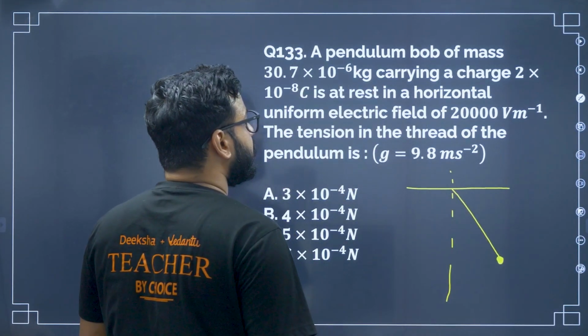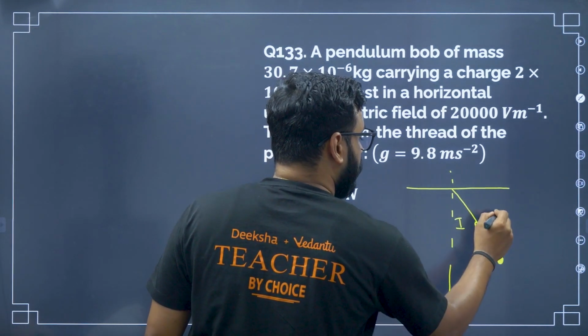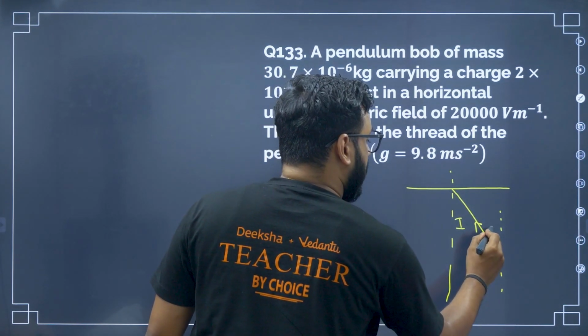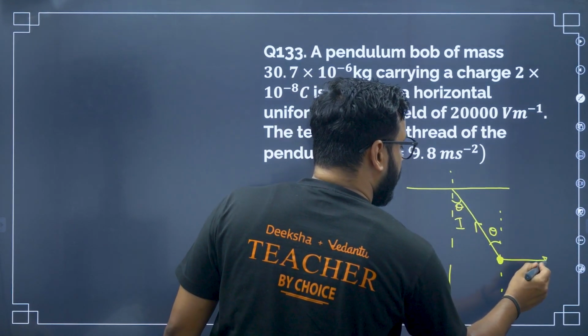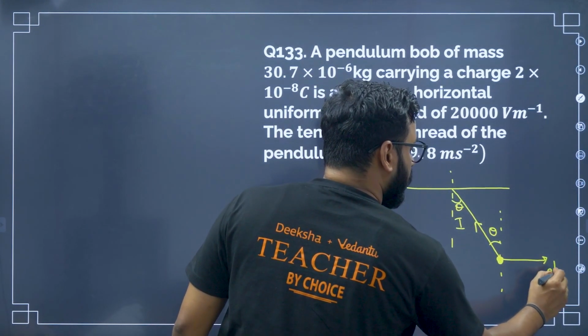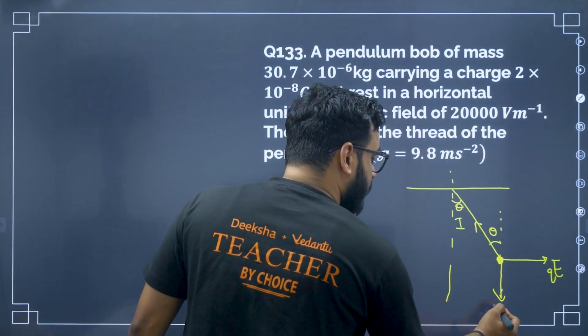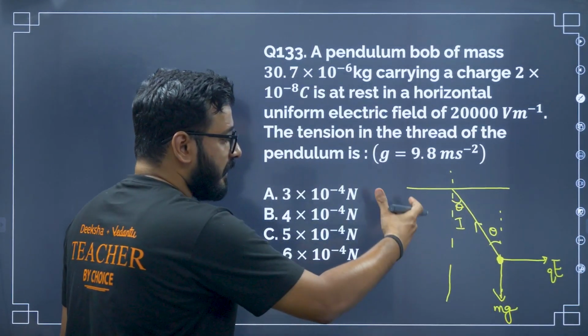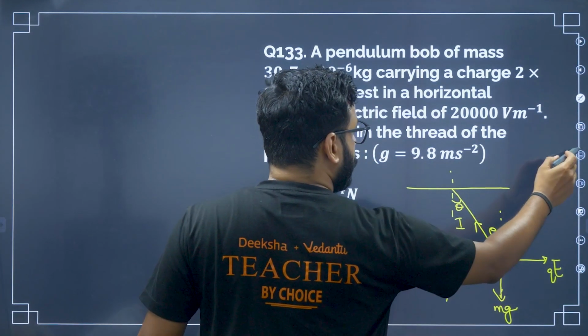You have a tension in this direction which you have to find out, and there is obviously some angle. It is hanging like this because of an electric field, a coulombic force, and then it has obviously a weight. So applying the components of the tension,